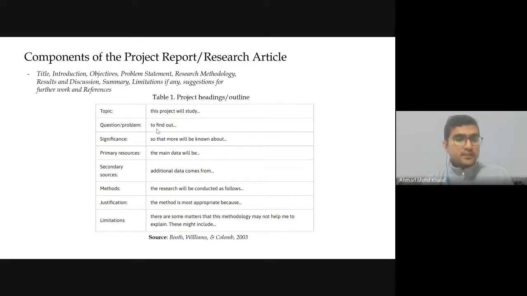Then there is a methodology section. It says that this is how the research is going to be conducted. We'll talk more about this when I illustrate with examples. Then, when you choose a method, a key component in research is that you also have to justify it: if I'm using this methodology or this technique, this is the reason I'm using it, and why I'm not using that technique. We also have to talk about these aspects. That is what the author means by justification.